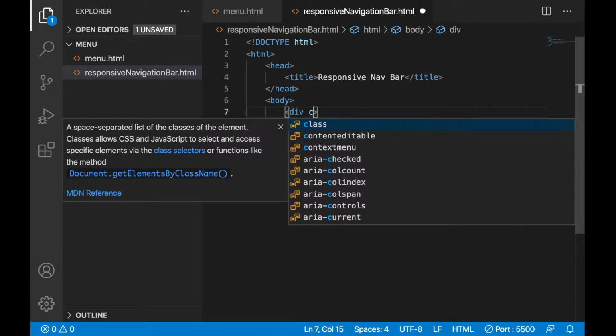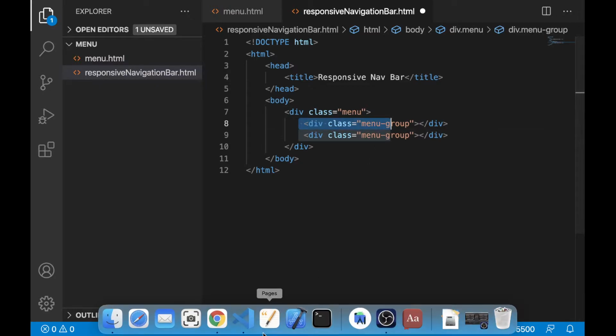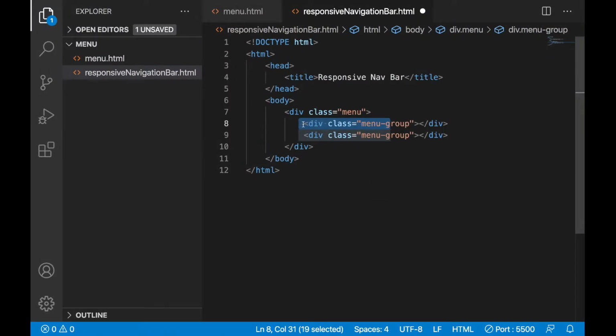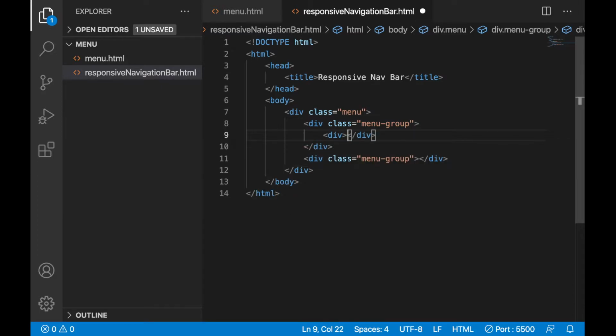Now for the parent, let's give some class. Let's say menu. What I did for the left side part, see, I will show you one more time. For the left side these 4 will come, for the right side these 2 will come. So for the left side part, I added this div. For the right side part, I will add this one. Inside the left side part, let's add some HTML.